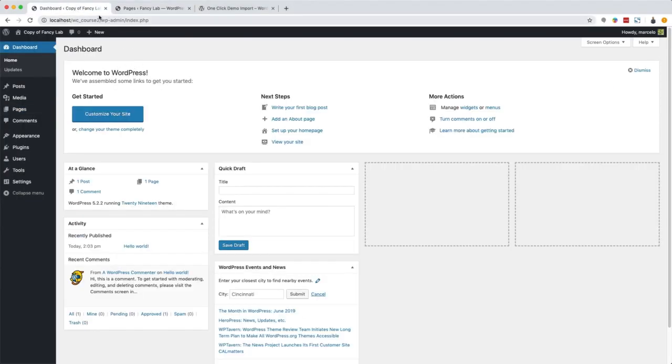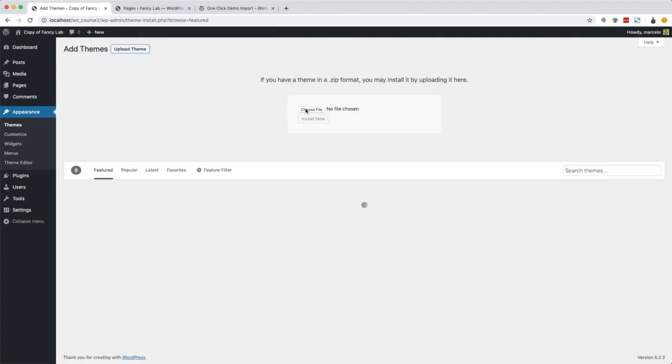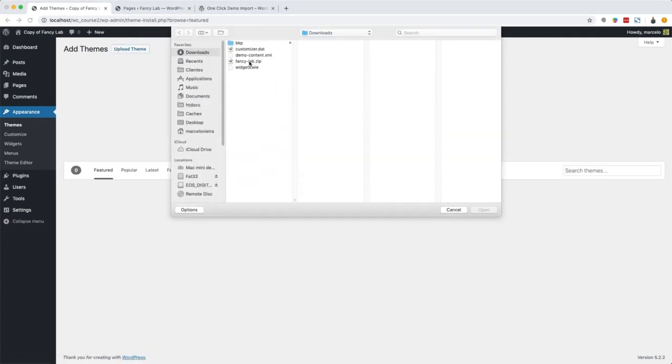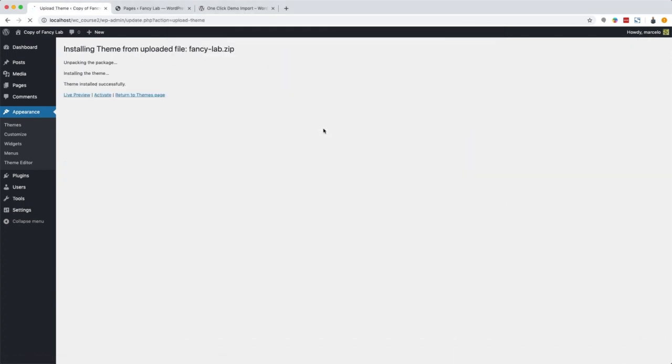Once again, to do our test, I have here a blank WordPress installation. So here's a tip. This test can be done both on localhost and on a remote server. It doesn't matter because I want to simulate a user who has just bought or downloaded our theme for free. So I'll go over here to Appearance, Themes, Add New, and I'll choose the zipped file we just created. Install it, activate it,